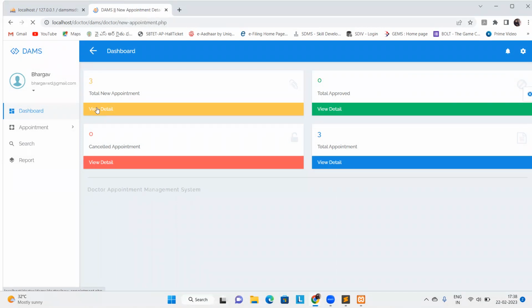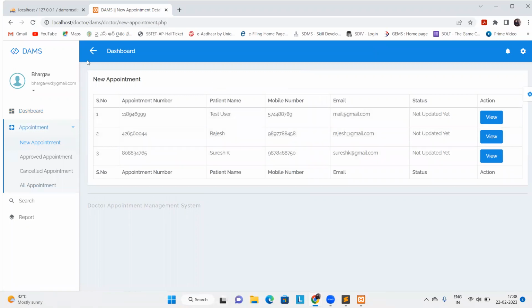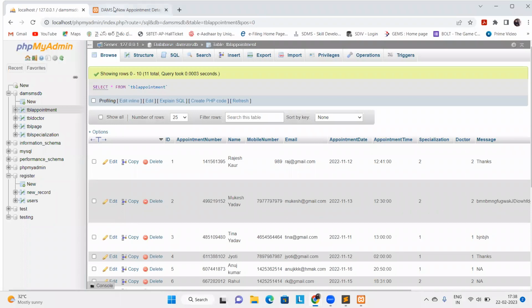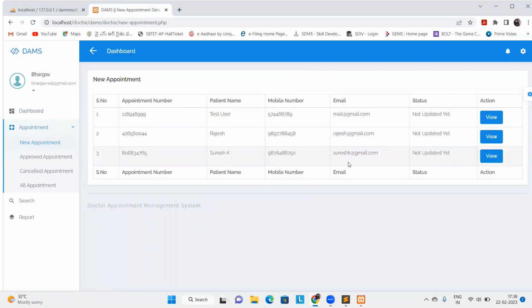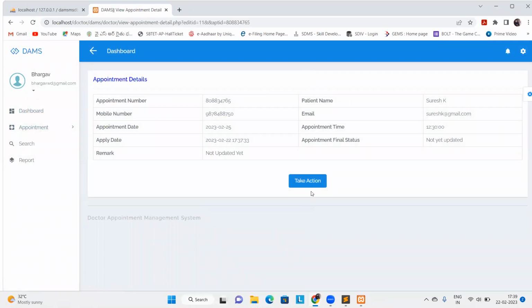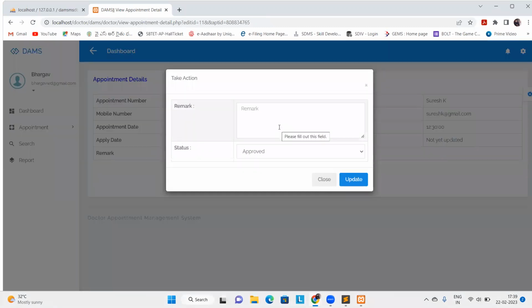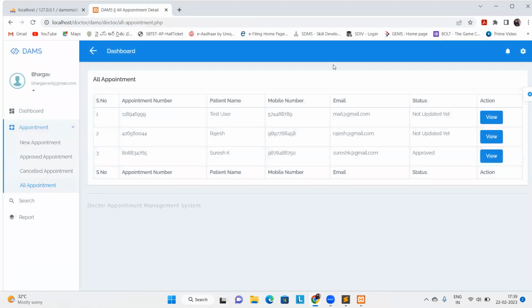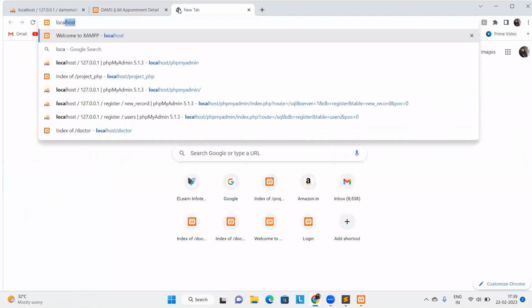Let's click on the details. Which means I am getting information from the database, right? If you check, Suresh K and the mobile number and email ID we have given. I would like to click on View and take an action, and the status is approved. I would like to give approval so that he, who just now was only applying for the appointment, right? Now we are going to check whether this guy's appointment is done or not,